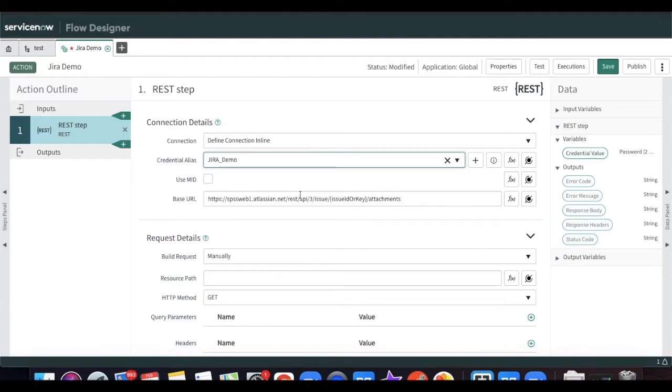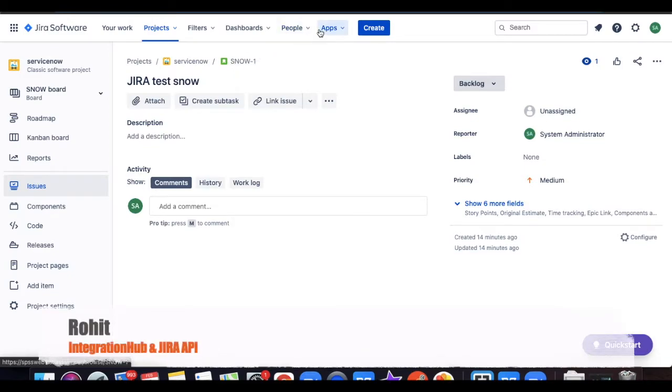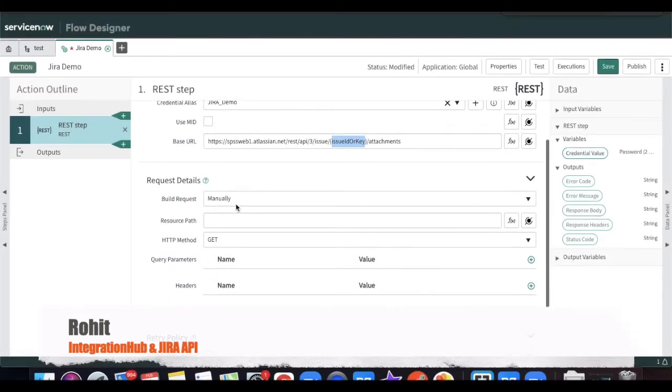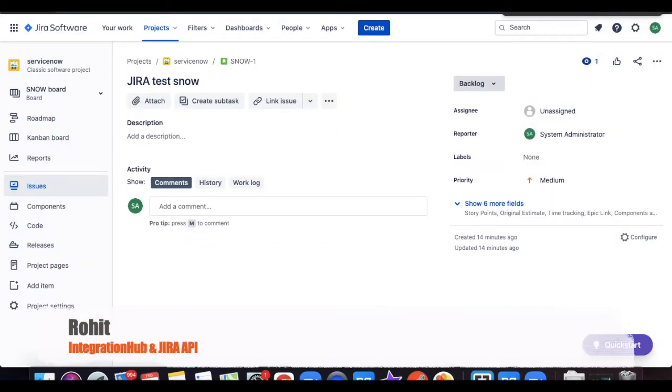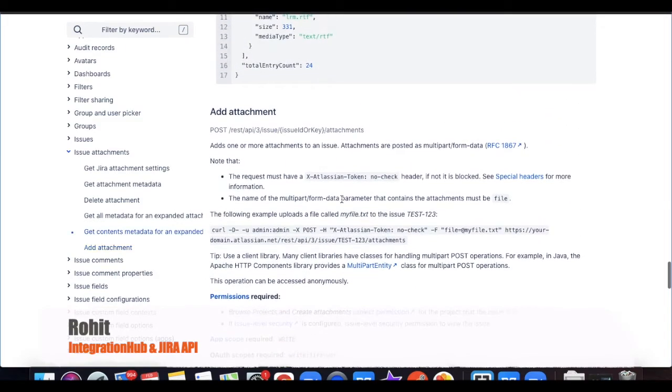Now this issue key actually should be the issue key number that needs to be passed, right? So I'll put that later. Next, if you see the documentation, the method they are going to use is basically the POST method.